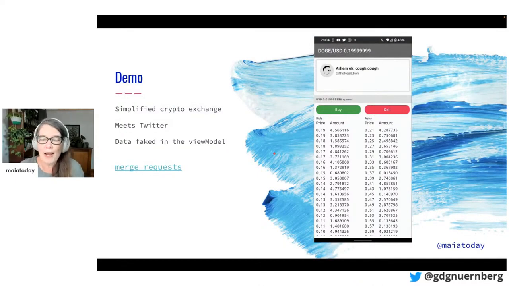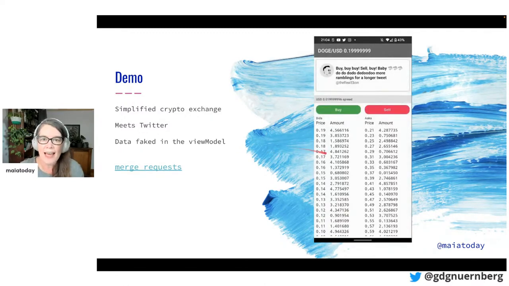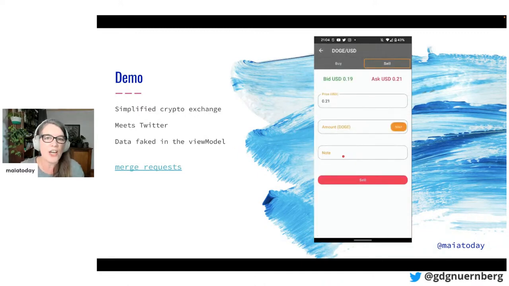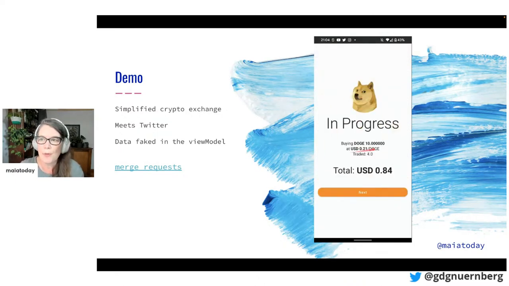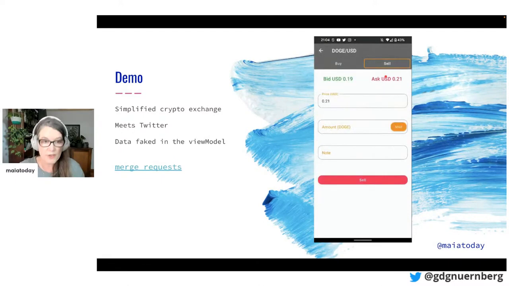Okay, so as a practical background for this animation talk, I built a little demo app so that we can see practically how the animation works. I just built a simplified crypto exchange. It has a screen on which you can buy and sell things. It's got a progress indicator for when it pretends to sell or buy Doge. All of it's fake. And then there's also an order book screen with the prices. And then there's a little extra, which is like a Twitter card, which has a tweet and then a progress indicator for when it's supposed to go on the internet and fetch a new tweet. So that's the app I'm going to use for my examples.